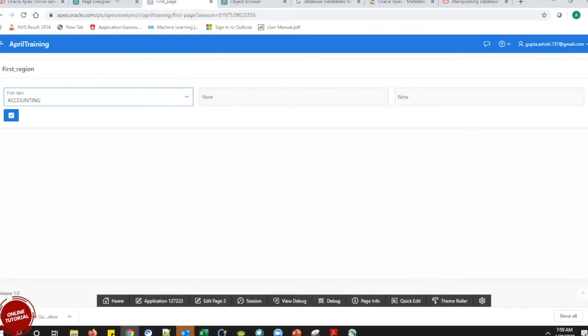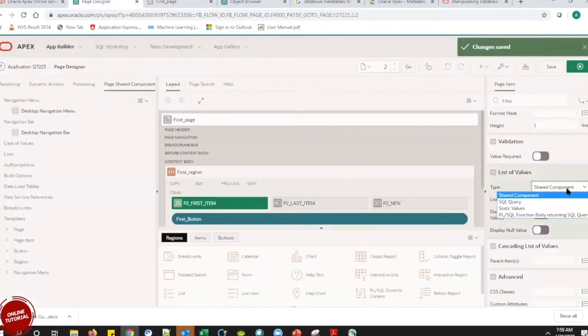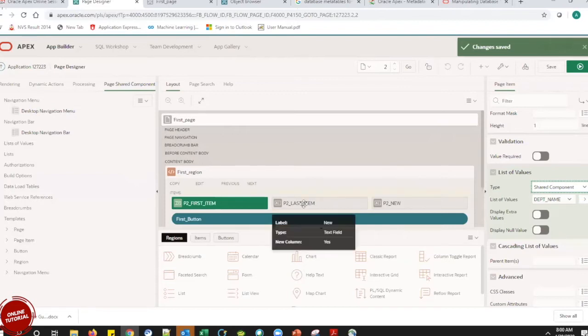This is the select list. Now we have done it from the shared component. We can also do it from a SQL query, with no need to go and write everything. We used the shared component because it is a best practice. If you want this list of values to be used in other pages or in some other item, once you have created it in the shared component, we can get it again and again. So in the P2 item also we'll fetch it in the same way.